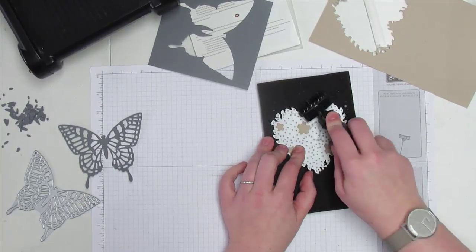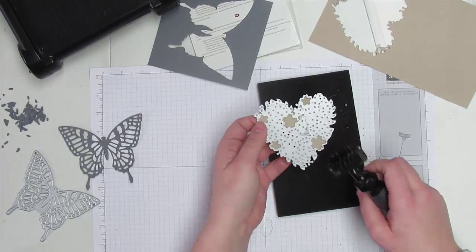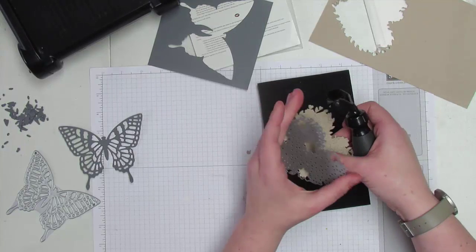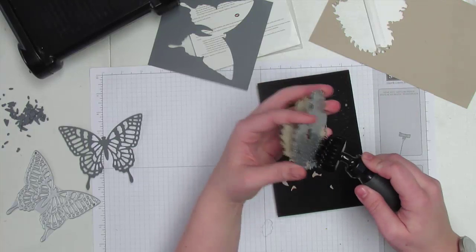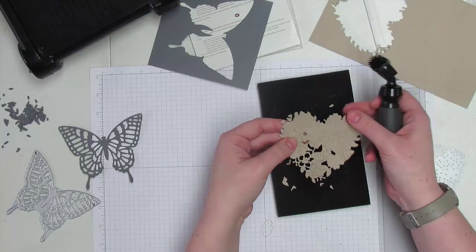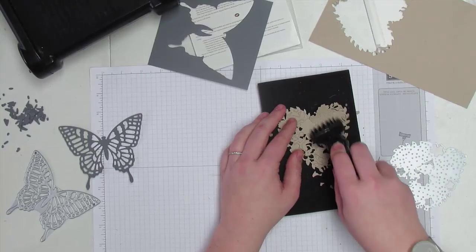So you can do the same thing just to kind of get the pieces out, but you'll notice here that a lot of the pieces are just little tiny dots, so it's a little bit harder to get them all to pop out. So what I do is I will pick it up sometimes, like if it's sticking, and I will just hold it up and just poke, and that just makes everything pop right out. So now it's right out of my die, but I still have all those pieces, and we don't want those pieces. So you can just set it on here,